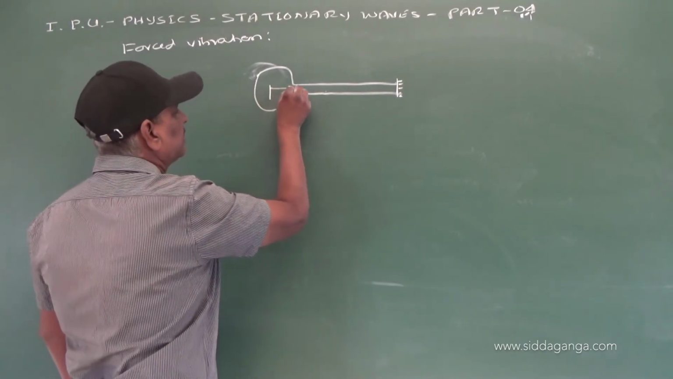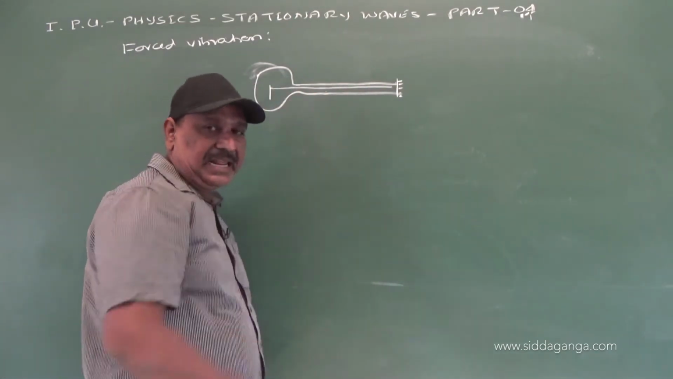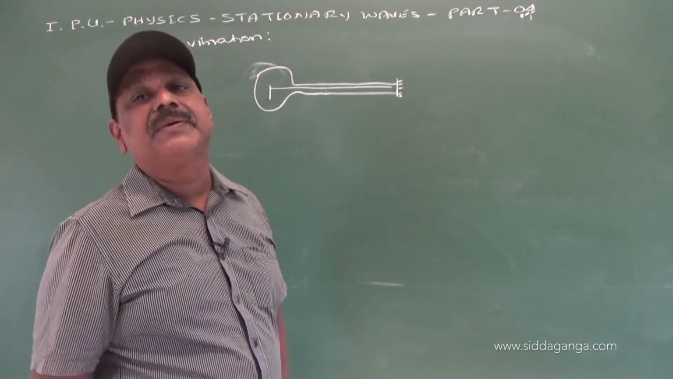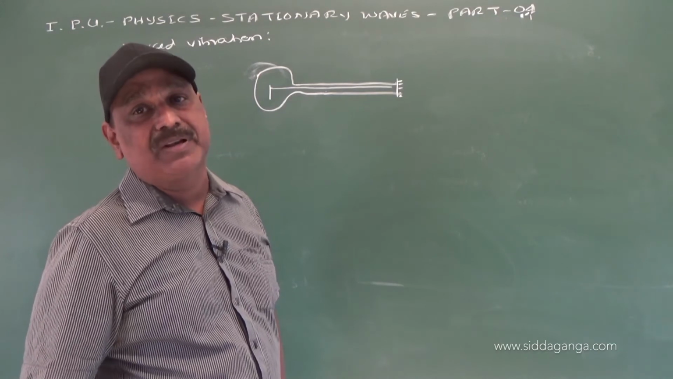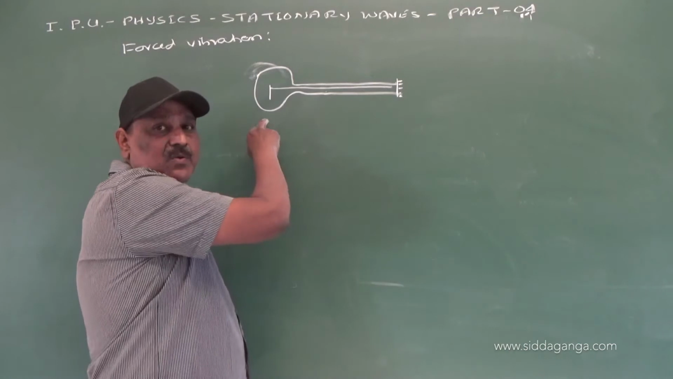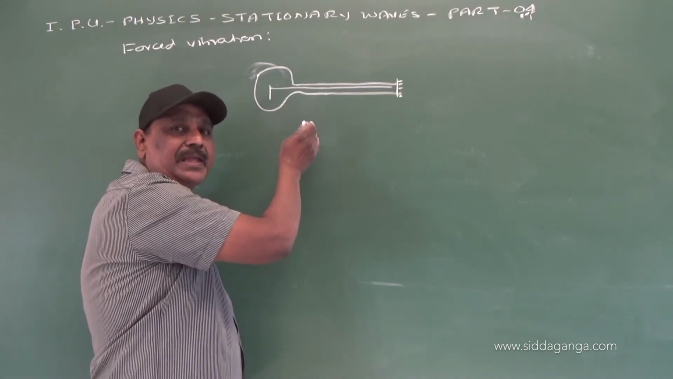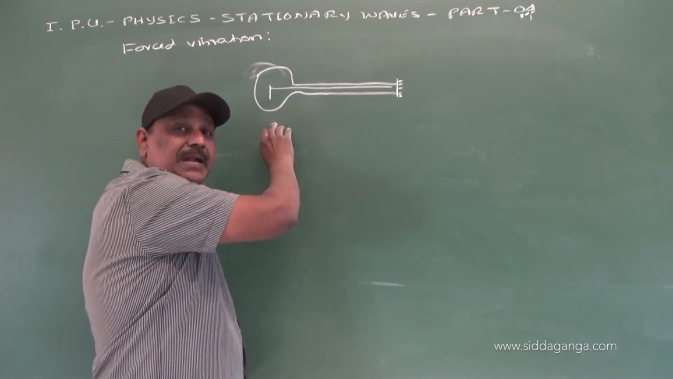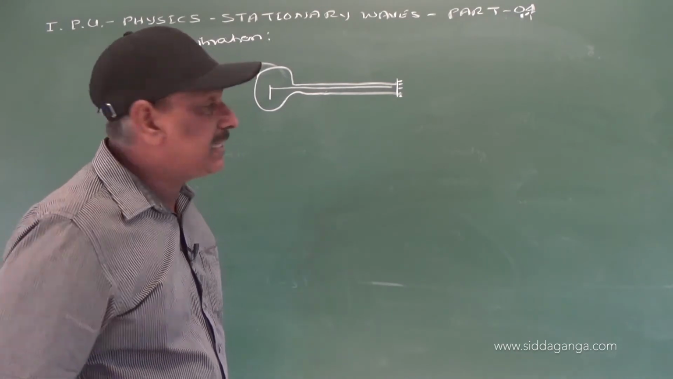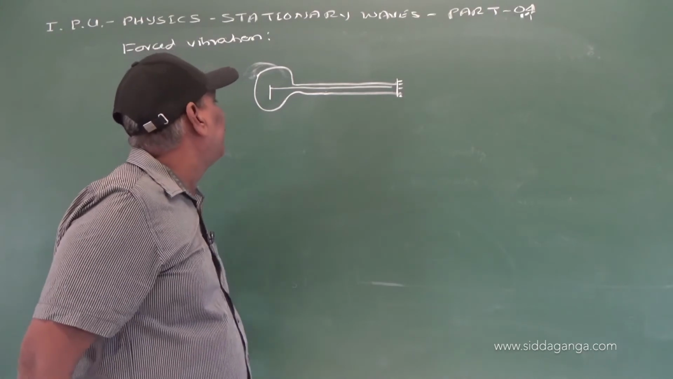There are strings like that. When a string is set into vibration, the string vibrates with natural frequency and its vibration is called free vibration. But the soundboard of that guitar picks up vibration and vibrates to the frequency of the string. That frequency may not be exactly equal to the frequency of that